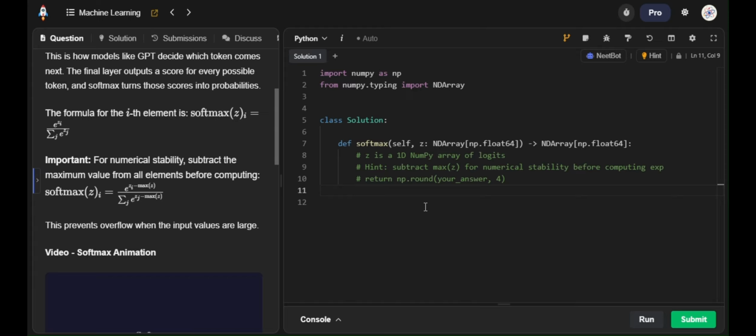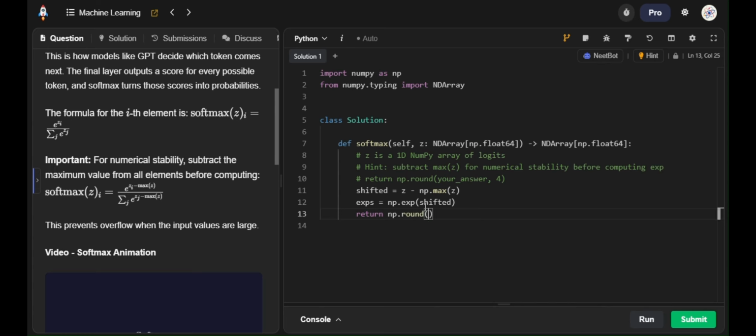Now let's begin. We are given a z, which is a numpy array. Now we have to calculate the shifted array. The shifted array will be z, which is the original, minus np.max of z. This subtracts the maximum value of z from every element of z. Next, we'll be calculating exponentials for all elements in shifted. For this, we'll simply write np.exp and then shifted. And after this, we will be returning